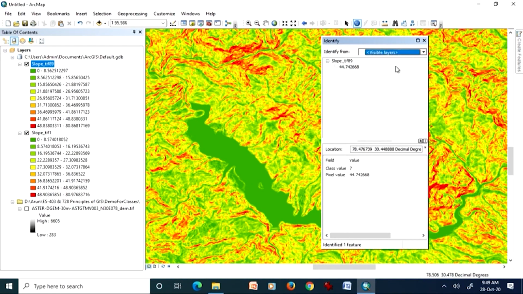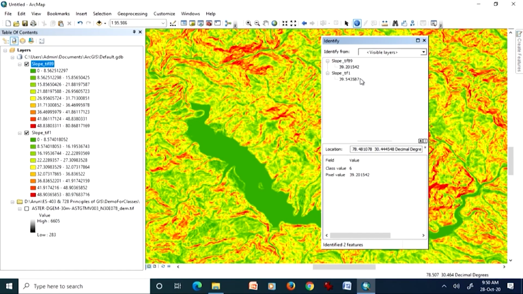So we will choose all visible layers, and once I press again, as you can see that the TIFF 1, that is the jet factor 1 slope map, is giving for that particular cell a value of 39.54 degree, whereas this with jet factor 0.89 is giving 39.20. That means for this particular cell, if I keep jet factor 1, then it